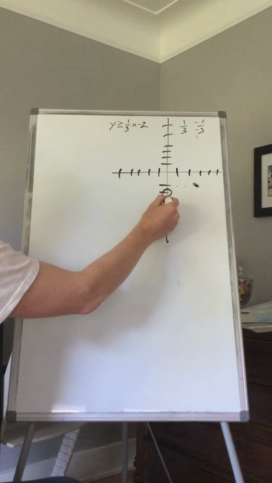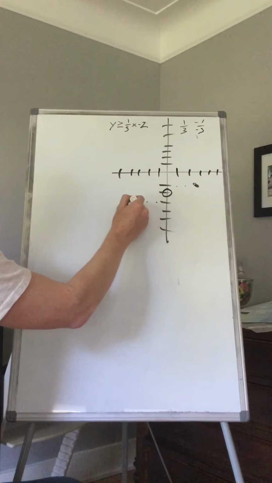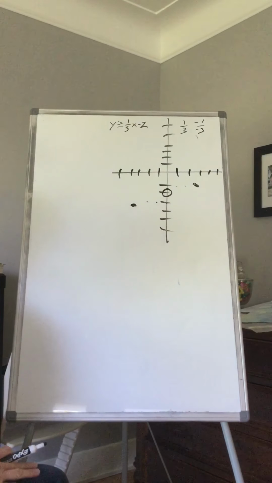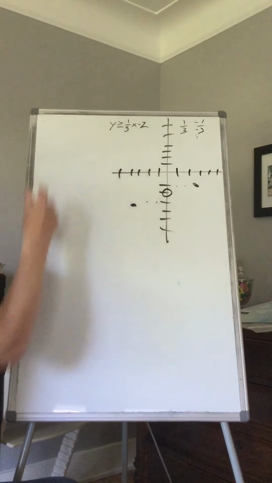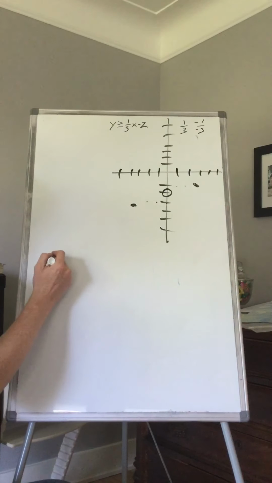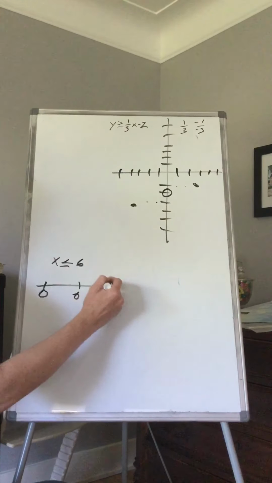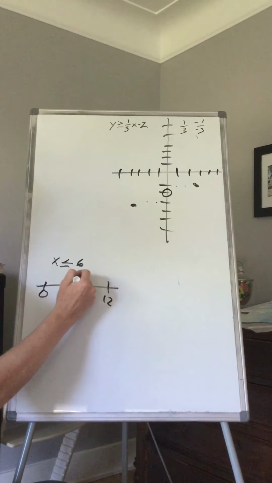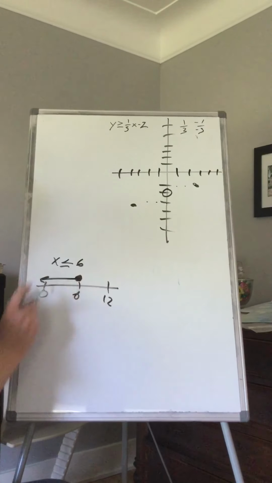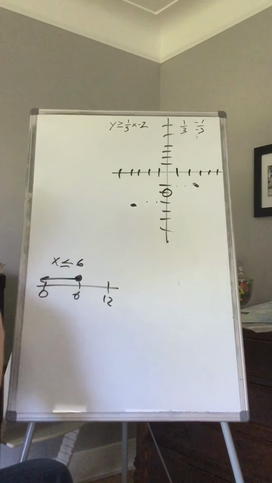And I go down 1 over 3, 1, 2, 3. And I have 3 points. And because it's equal to, just like if we had x is less than or equal to 6